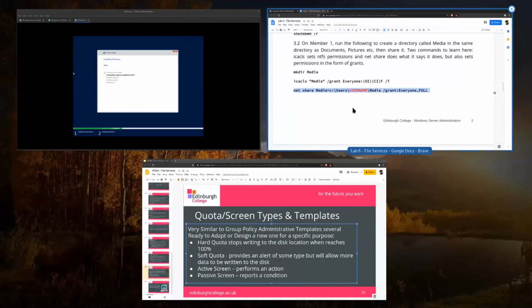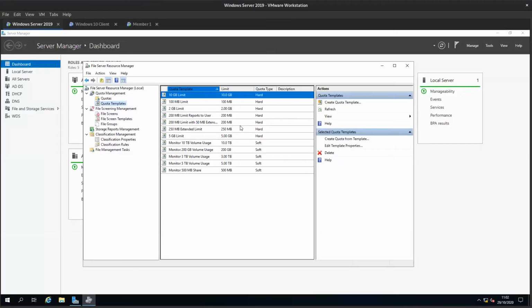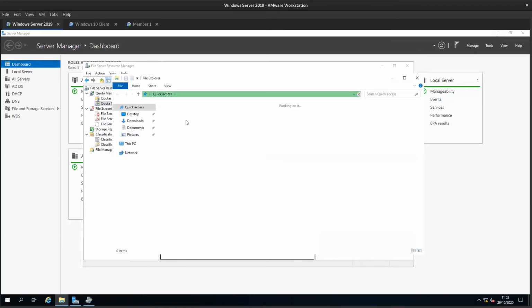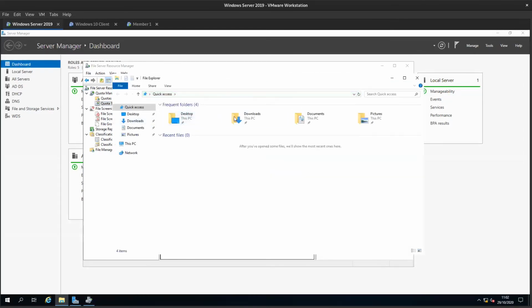So just a bit of background on this. Bear in mind, I'm going to try and look for a file, and of course I probably won't be able to find a file because I just installed this server, but I'm going to open Windows Explorer here and explain roughly what I mean. So if I right click on downloads and I go to properties,